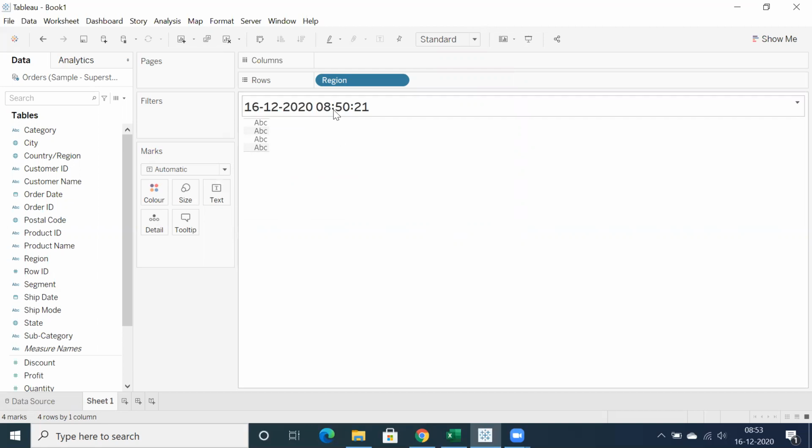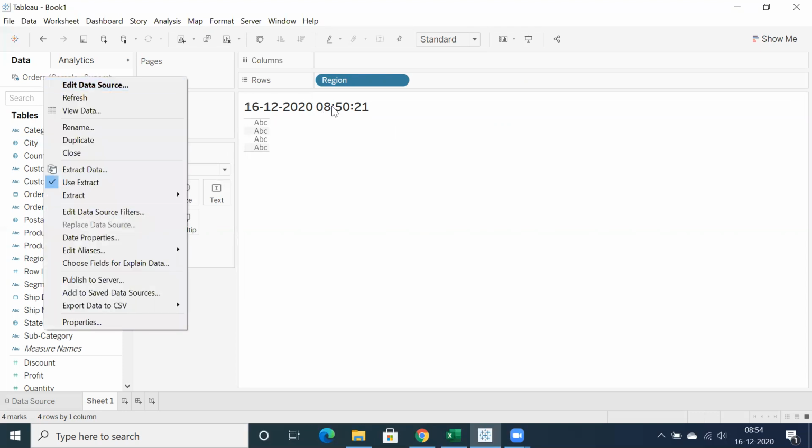So now that we have the date and time inserted on Tableau, each time we do the extract, will that very date show up, or is it always going to show this very time here, 8:50:21, or will the time always change depending on the time that the refresh was done? Perfect. Yes, that's a very good question.